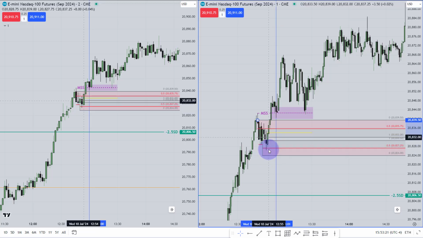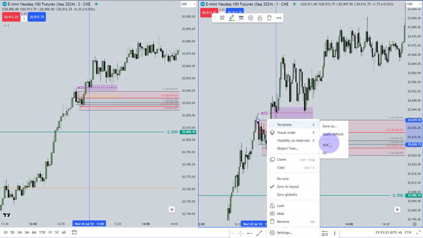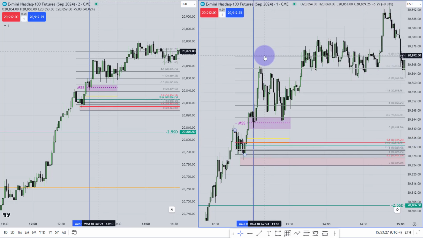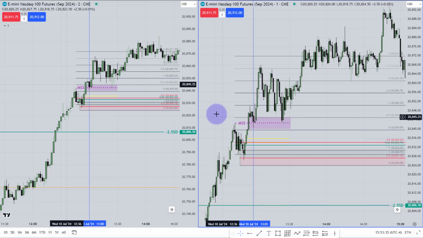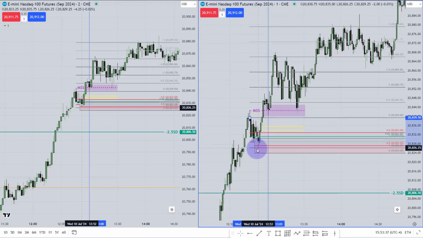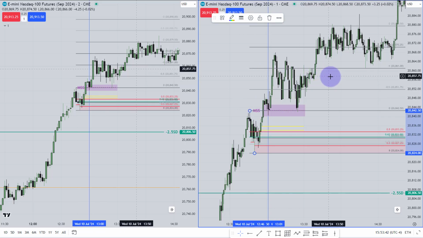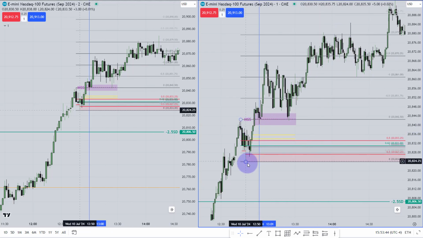Okay, if I just mark body to body, then it's going to be a very small range. So here this is -3 standard deviation. I love to target -1.5. If my entry is over there, my target should be there. It's a very small range, so that's why I would love to mark week to week. As it is trending and I know the market is going higher, I can mark week to week. If I would get a better range by body to body, I wouldn't need to go week to week.